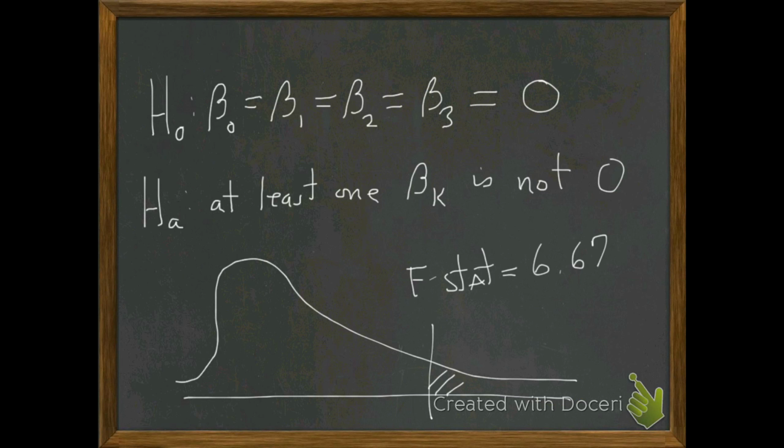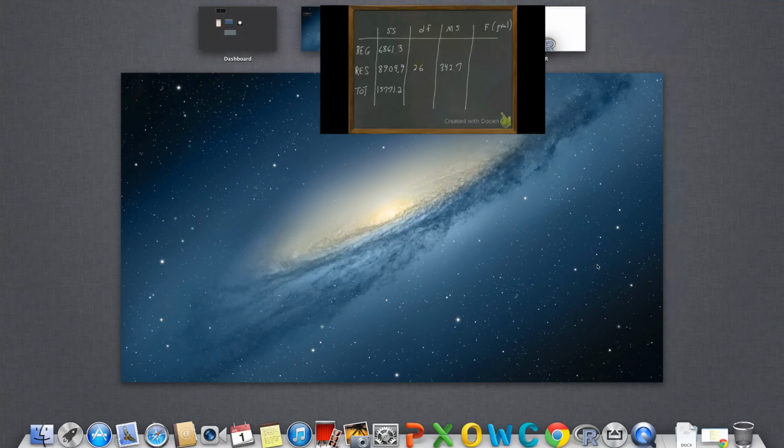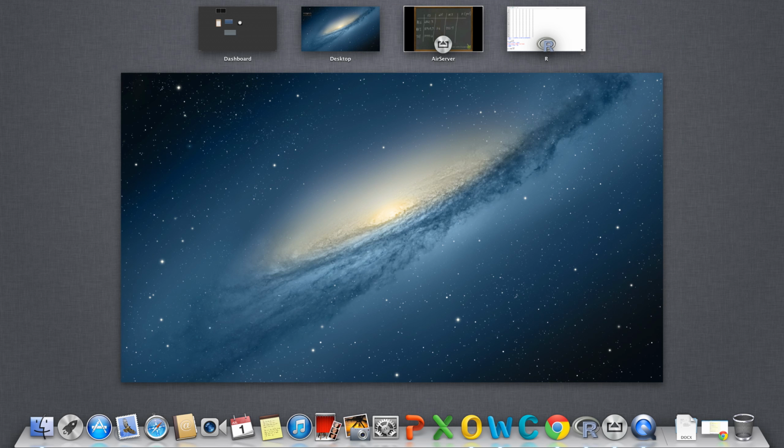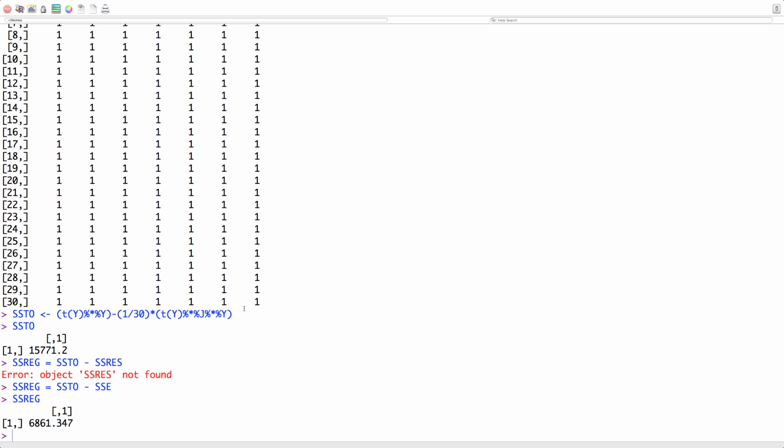So our area to the right is going to give us our p-value. Now guys, we're going to use pf, but remember pf gives us area below. So area under the probability distribution will give us an area of 1. So again, going to be easy to do here. So we're just going to take that our p-value for F is going to be equal to 1 minus pf